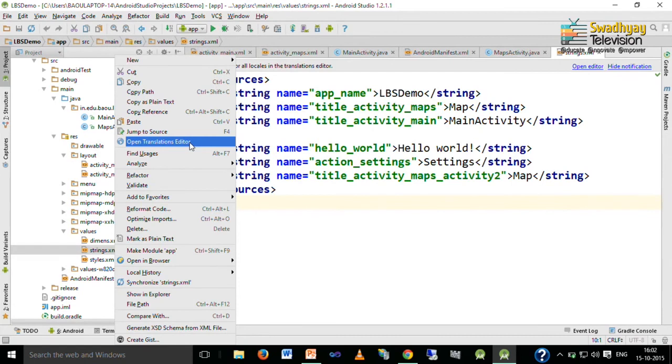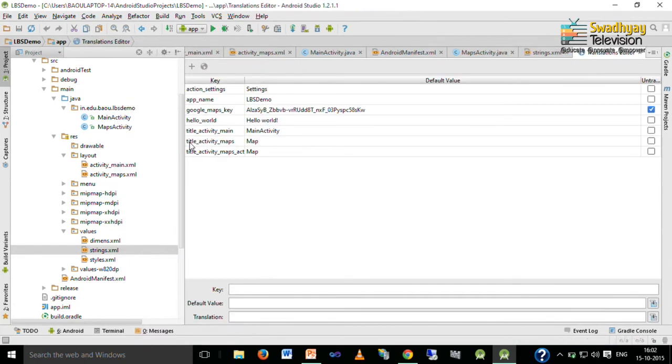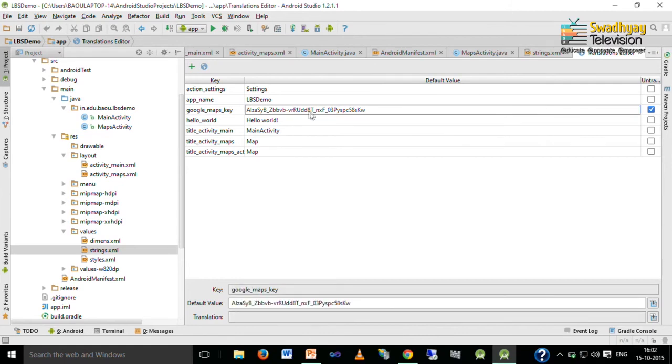If I open this editor, you can see that a string with the name google_map_key is automatically added, and its value should be equal to our API key acquired from the developer console. So, here you have to copy your API key for distributing your application.